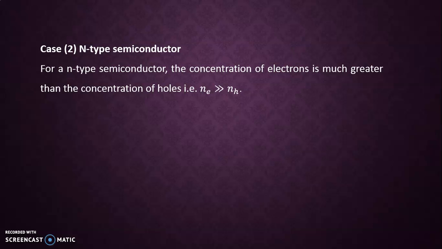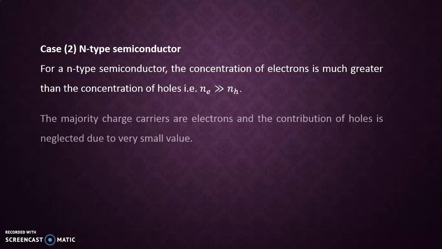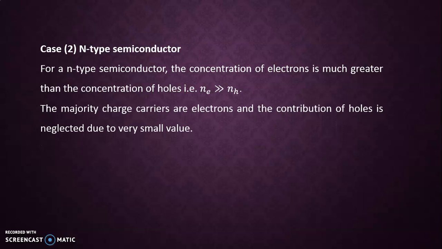Because we know in n-type semiconductor we are doping a pentavalent impurity, and for each atom there is one excess electron. Due to all these excess electrons, the total concentration of electrons is much greater than the concentration of holes. The majority of charge carriers are electrons, and the contribution of holes is neglected due to their very small number. So this term of concentration of holes will be neglected. Thus the conductivity of n-type semiconductor we can write as